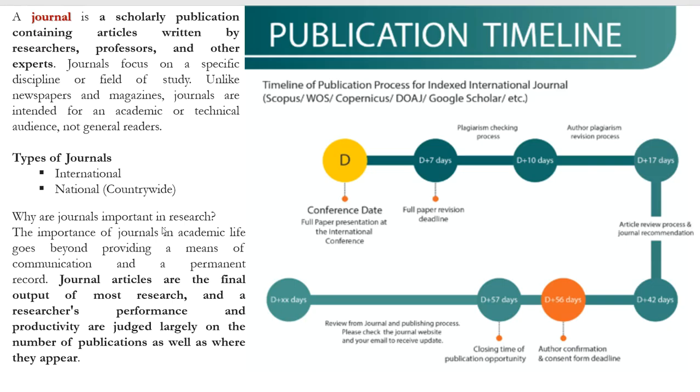Next, publication comes to the journal timeline. Journal timeline: if you want to submit your paper to a journal, either an international journal or a national journal, there are countrywide journals also. A journal is a scholarly publication containing articles written by researchers, professors and other experts